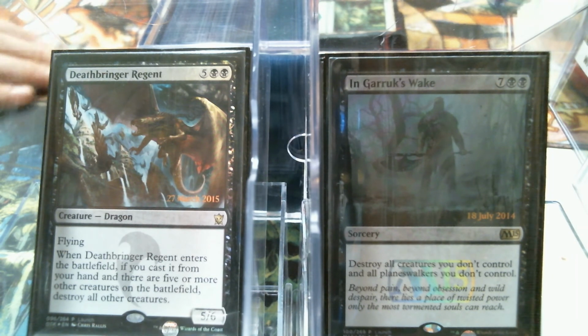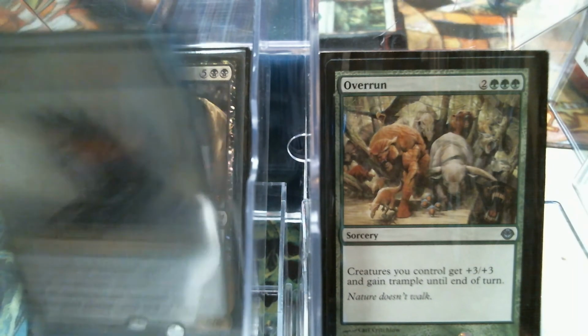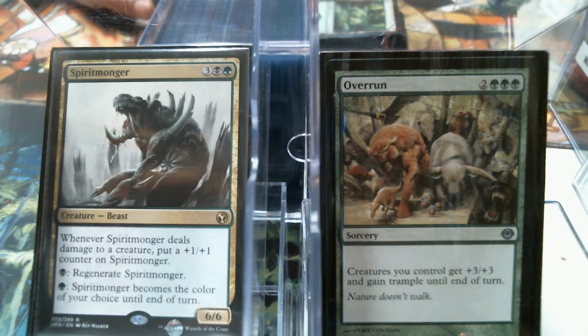Huh. Now, we have an Overrun and a Spirit Monger. And I'm not going to lie, I'm running Spirit Monger because I like the card. It's in here. It fits the colors. I loved it. It was a powerhouse back in the day. It's still a powerhouse. It regenerates automatically. So that's beautiful for kind of our